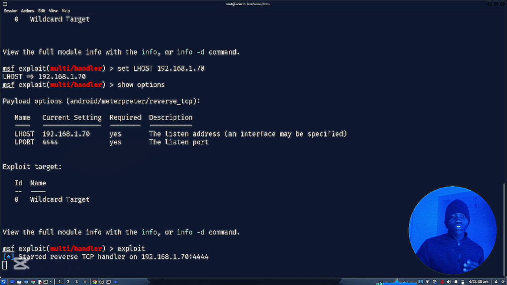What you're going to be doing now, on your attacker device, for the link that you want to send your victim to download, that will lead them to the download file of your server that you're currently hosting and it's online, you're going to be using this IP address slash the name of the file that we named, that was Android hack. And after downloading the payload successfully,